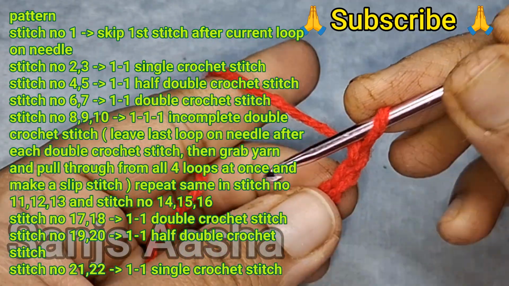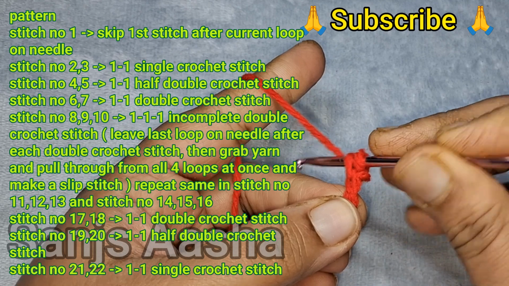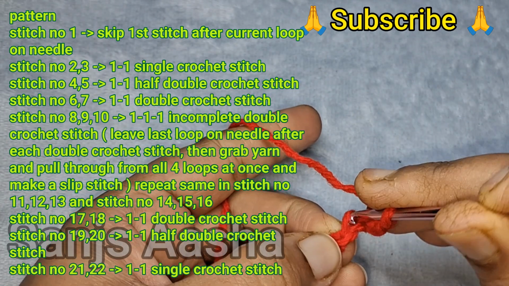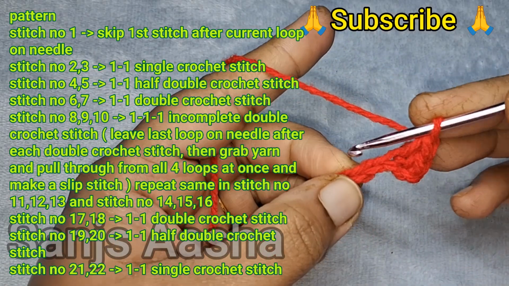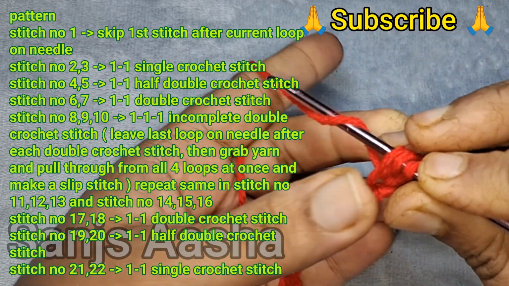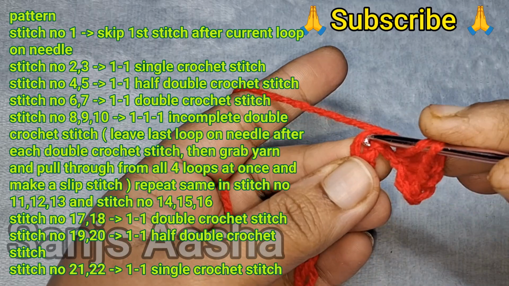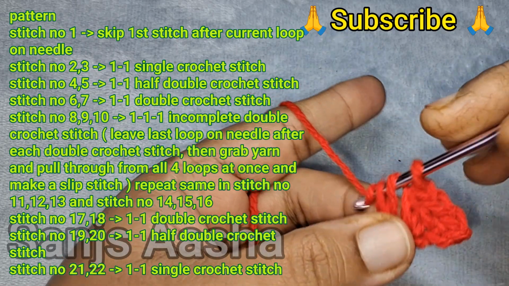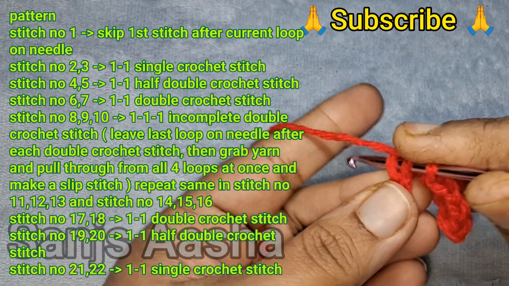Now see, we will start with the stitches. The first stitch after the current loop on the needle, we are going to skip. From the second and third stitch we will make one single crochet stitch. Then third and fourth stitch we will make one half double crochet stitch. And please make stitches using only one loop of each stitch. Okay, then